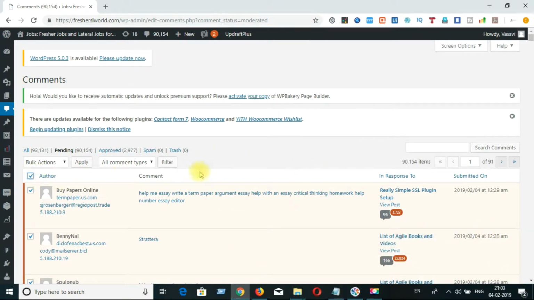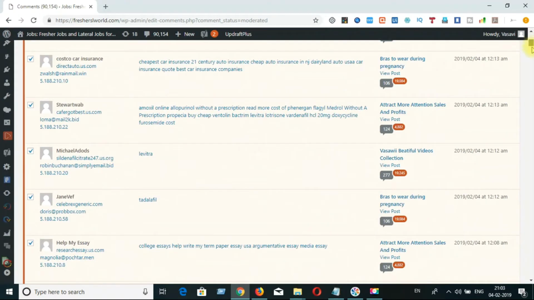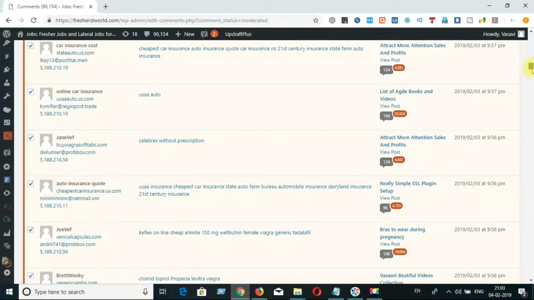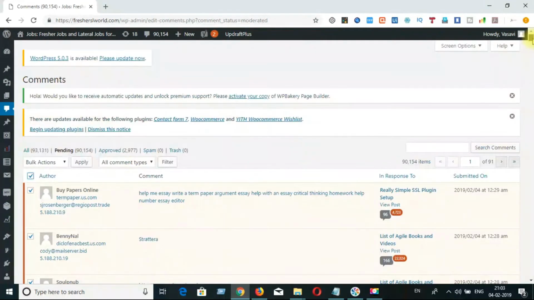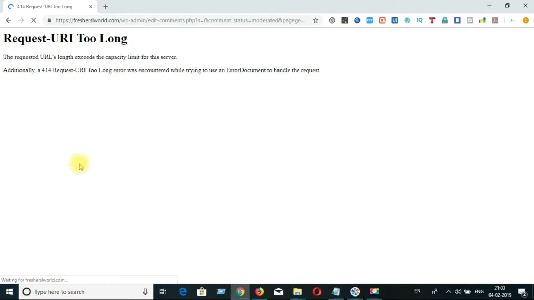Now I check the box here, you can see it selected all the rows, all the comments, like all 999 comments. Now I am going to approve them. Click on approve, click on apply. Somehow it got an error.